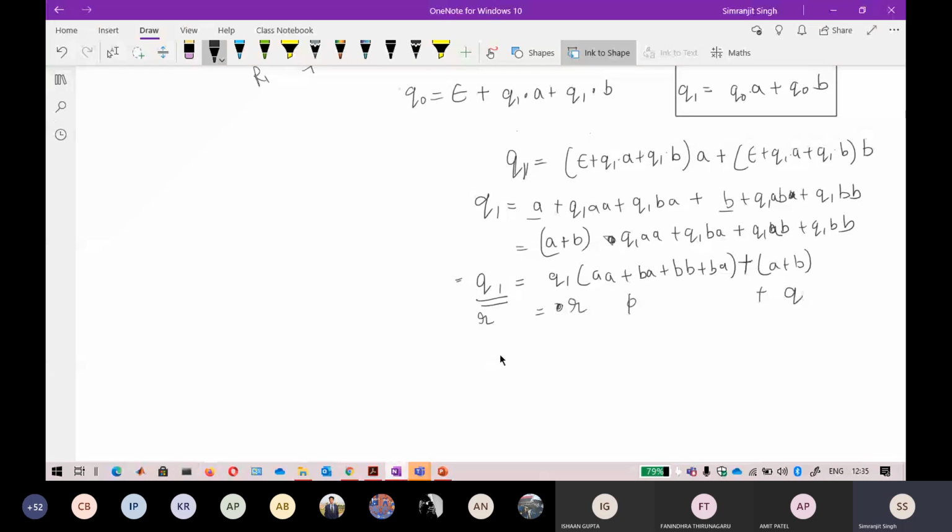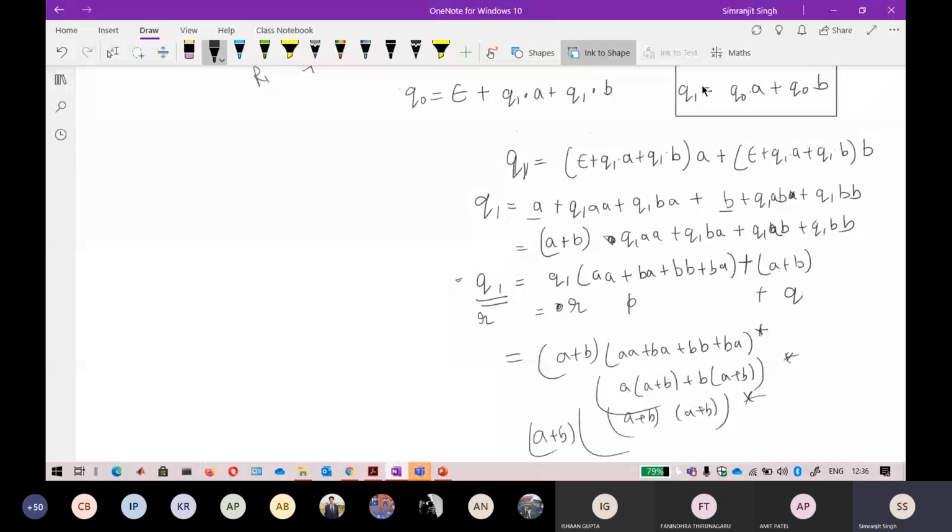Okay, so now Q is what? A plus b, P star what? Ab, aa, bb and ba. I think we got the same answer. If you simplify it and take a out, you will get a plus b from here, plus if you take b out, you will get a plus b from here, to the power star, and you will get a plus b followed by a plus b, the whole star. In the starting we got a plus b. I think we got a similar answer, so I think Fanindra is correct.